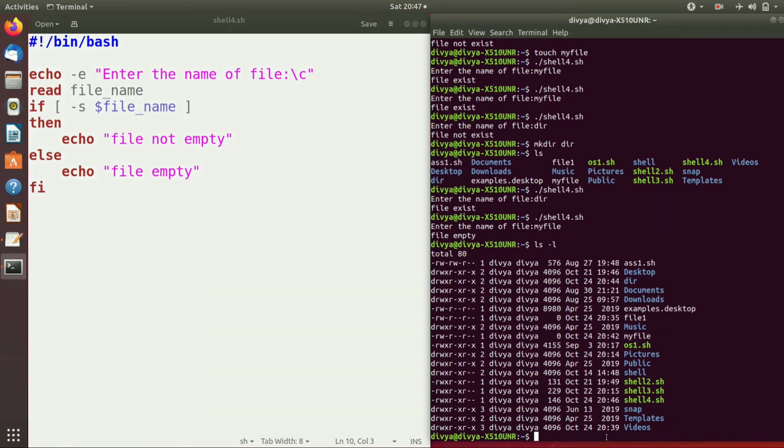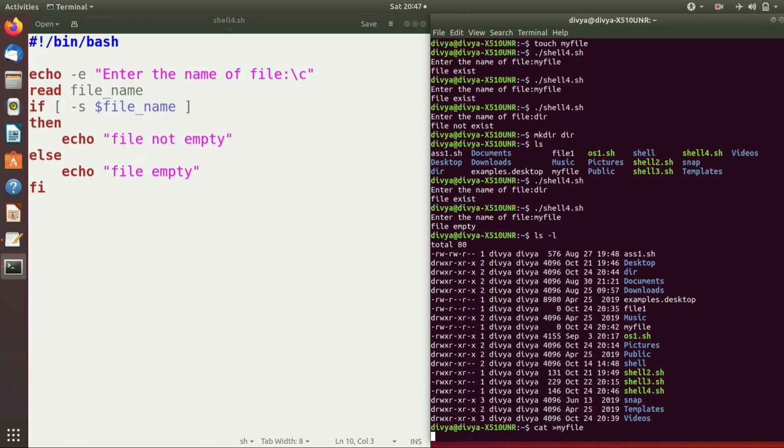So cat, then myfile, and press enter, and write here introduction of shell script, whatever you want to enter in this file.